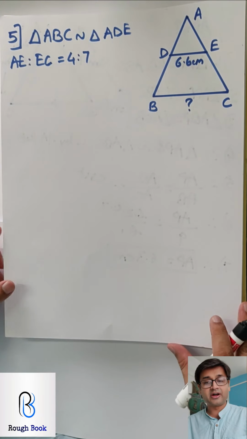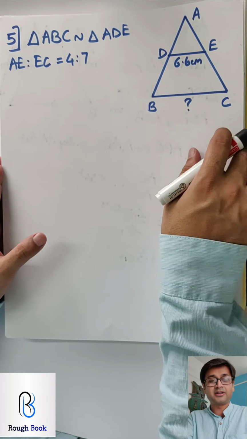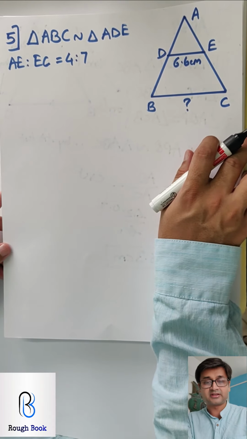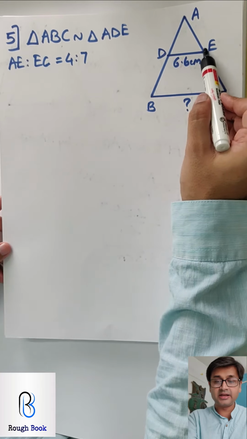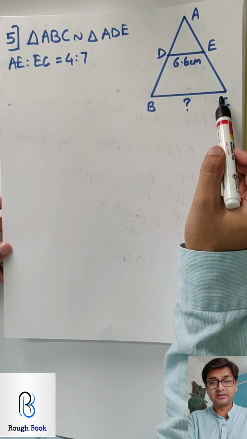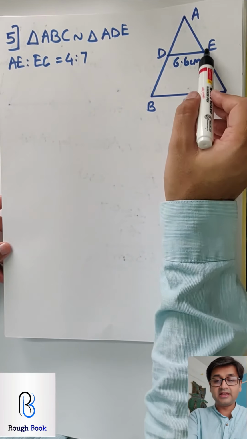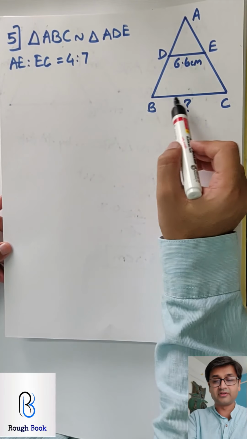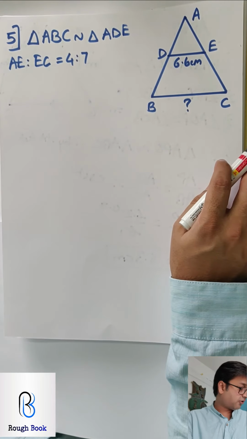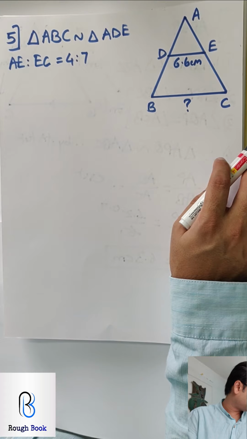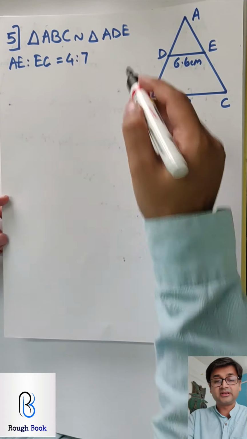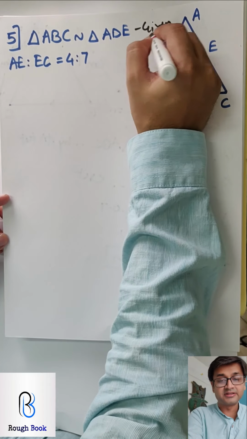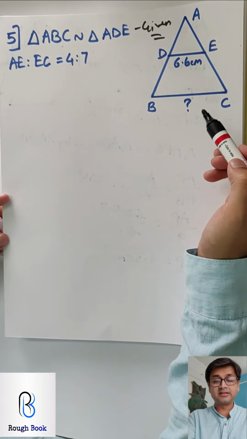Let's go ahead. Sum number 5. There are 2 parts. The second part is something with X. You can ignore it. Such type will not come. First part we can do. So first thing they say, prove triangle ADE similar to ABC. And then they say AE ratio EC is 4:7. Get BC. I think they have also told you that DE is parallel. Oh, in the figure, they have already told that this is similar. You don't have to do that. It is given. These two triangles are similar.